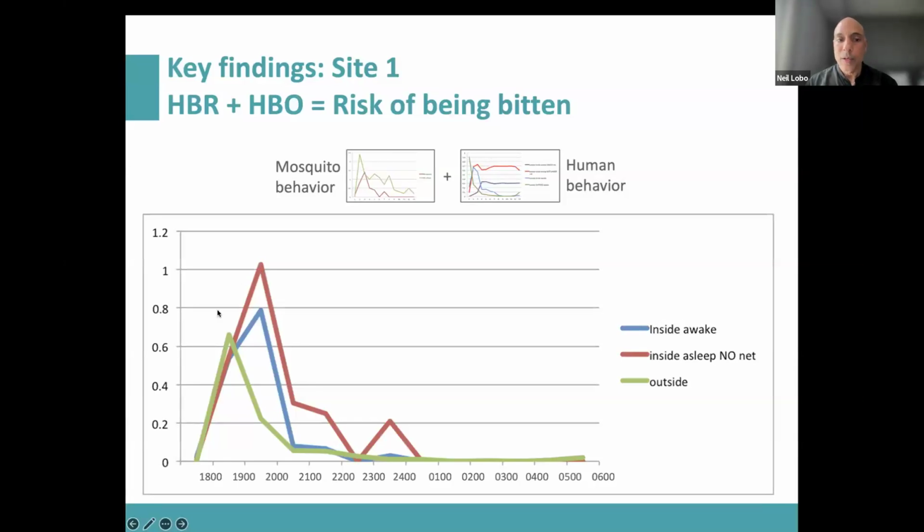The red, or let's do the green first. The green is the adjusted biting rates outside based on human behavior. So even though most of the mosquitoes are biting outdoors, this is the biting rate outdoors based on the community and what they're doing. The blue is the biting rate indoors when people are awake. The red is the biting rate indoors when people are asleep without bed nets. So even though most of your mosquitoes are biting outdoors, most of your exposure is the red and blue lines,